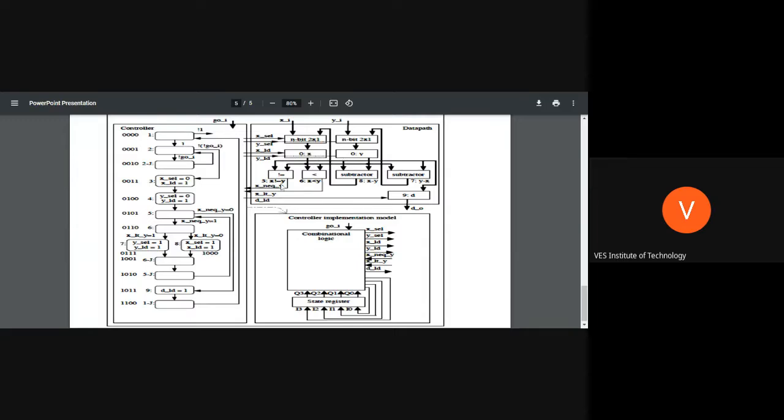Then these registers' outputs will be connected to the smaller than, greater than, and all the subtractors. Everything will happen in parallel. First both multiplexers will be loaded, then the checking will happen for which is greater, and accordingly we again select from these two which will go to the next.